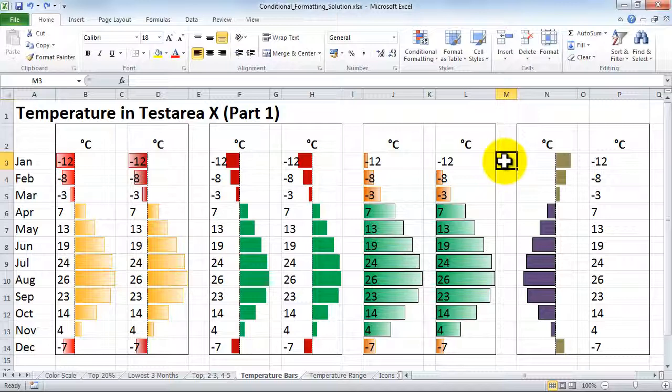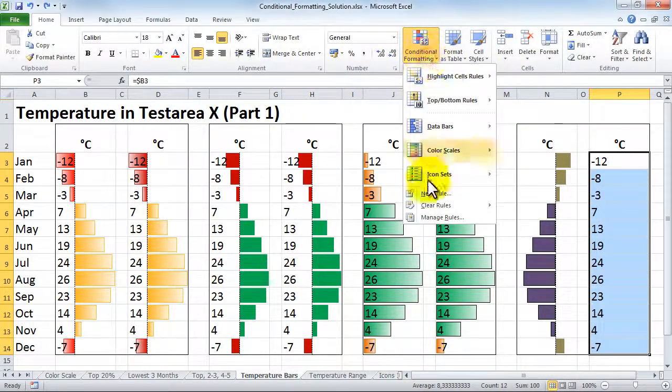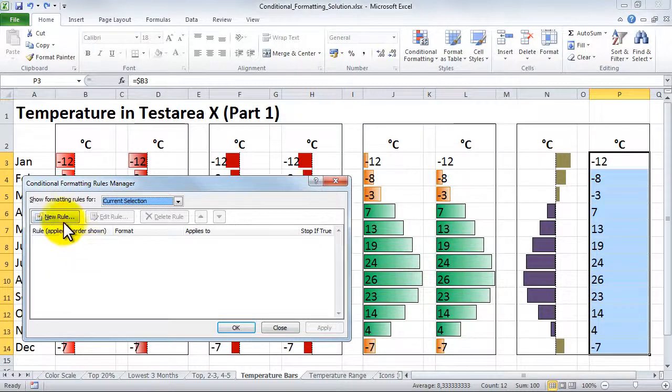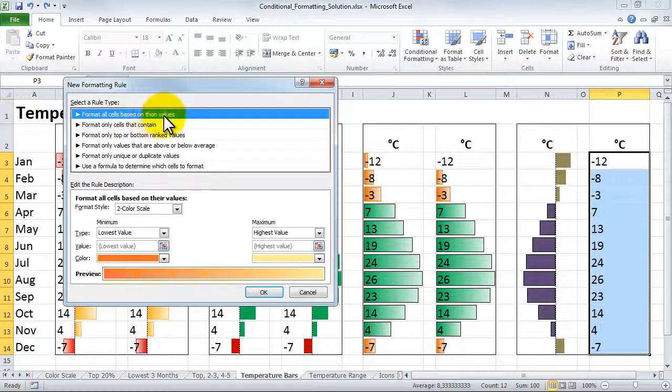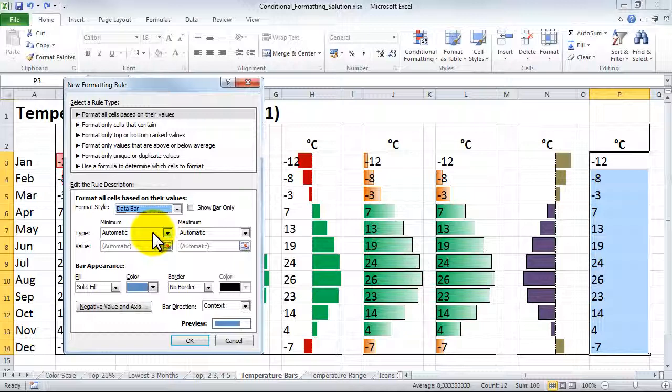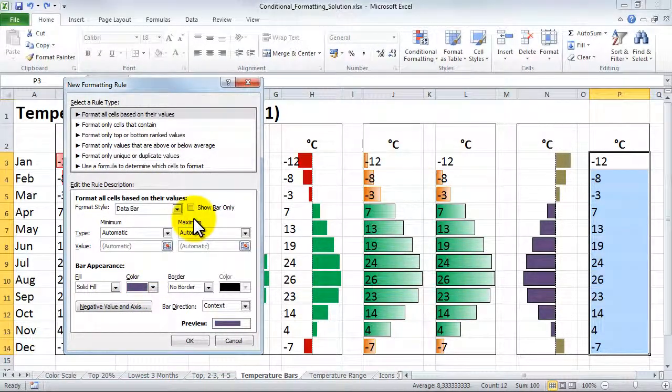A simple task, really. We start as in the last examples, selecting, and conditional formatting, manage rules, new rule. Then format all cells based on their values, and data bar. The fill is solid with this color. We have solid black border, and